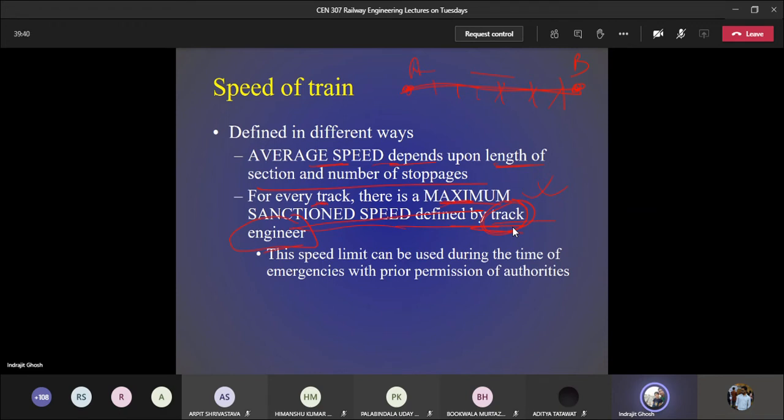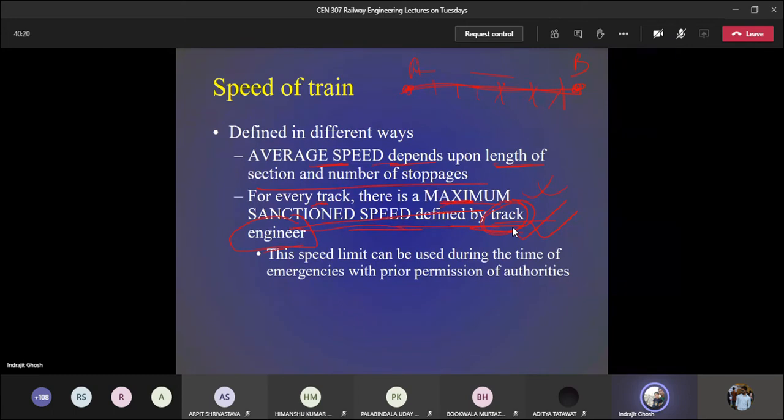At the same time, you need to see what the level of maintenance is. How much manpower do you have to send people to the site and check that nothing is loose, nothing has become loose, everything is in proper order, right? Many times you may not push them and they may not be interested in going to the site. So if you do not have a clear-cut idea, you will not be able to tell the maximum permissible, the maximum sanction speed for a particular track. So this is defined by the track engineer, the person who is responsible for maintenance.